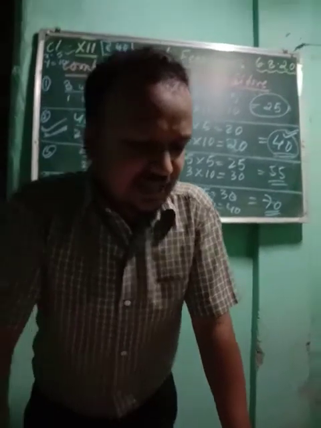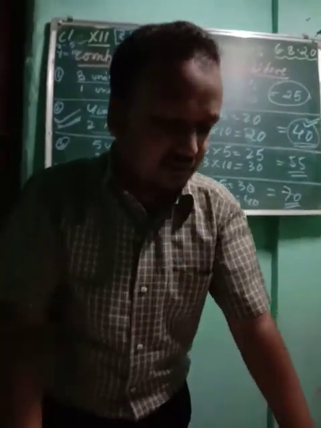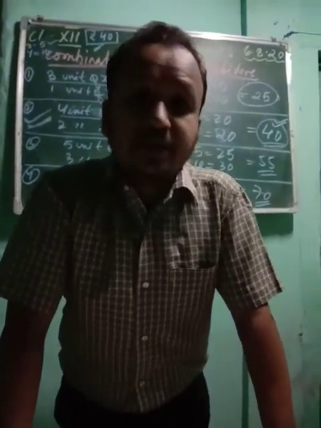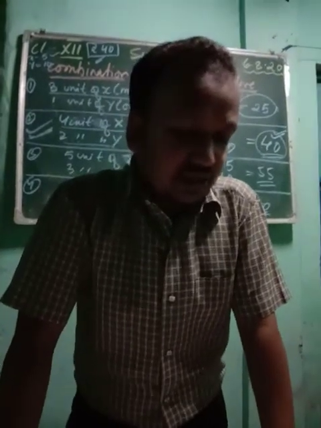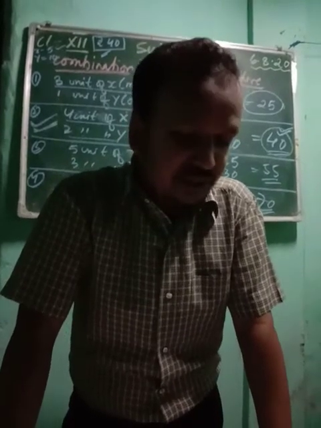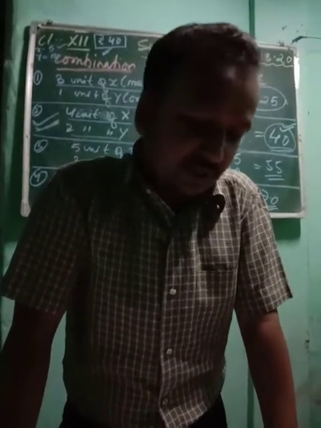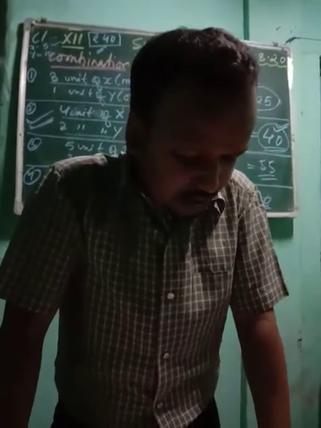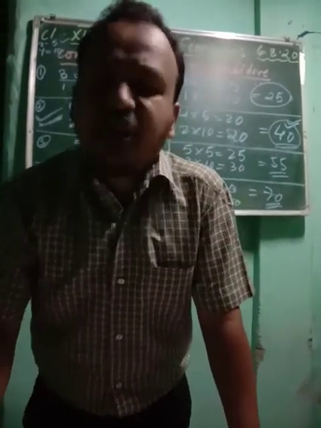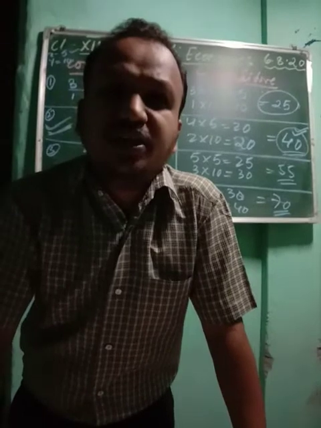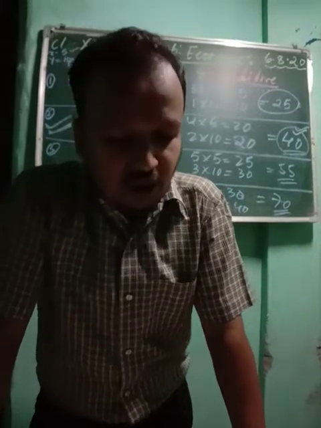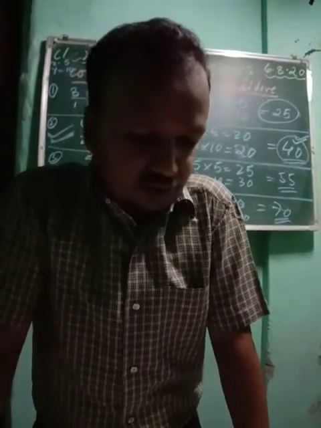Now next is our indifference curve. In indifference curves, you need to know the definition. See, I'm reading the definition, you try to listen. What is an indifference curve? An indifference schedule refers to a schedule that shows various combinations of two goods which give equal satisfaction to the consumer. So here we are going to see that in an indifference curve also, when a consumer consumes 2 commodities, the consumer is going to get equal satisfaction. An indifference curve will show various combinations of 2 commodities which give equal satisfaction to the consumer.